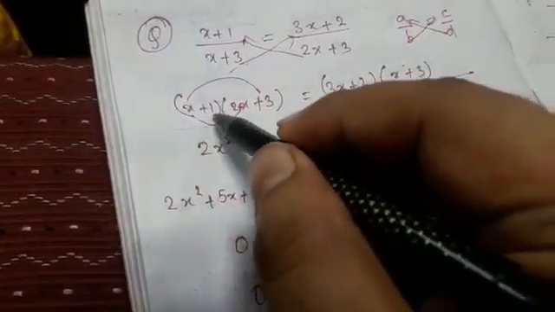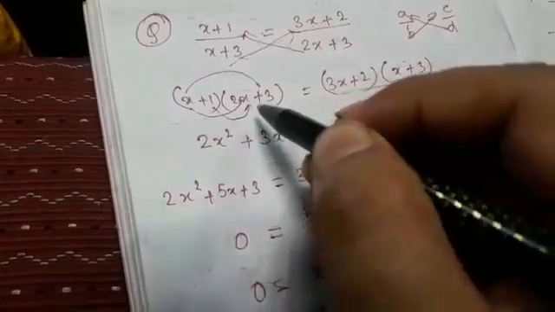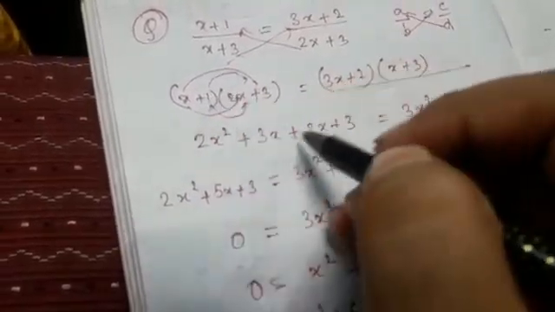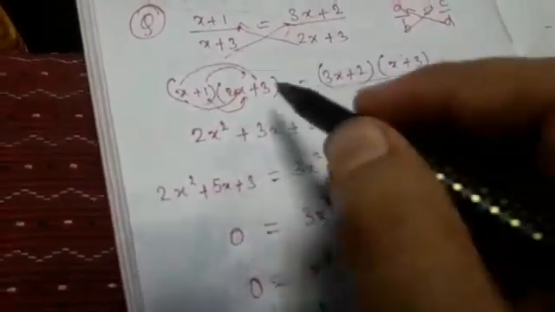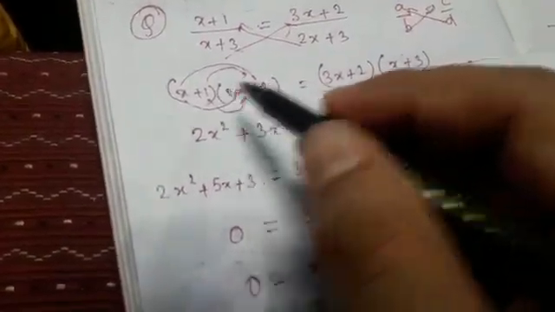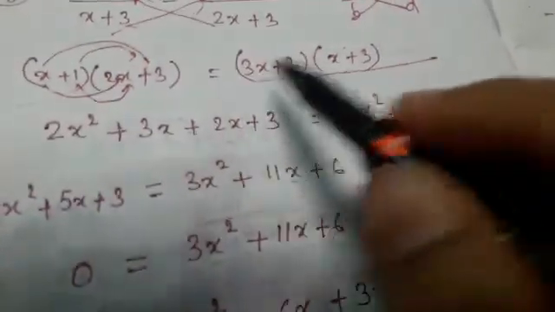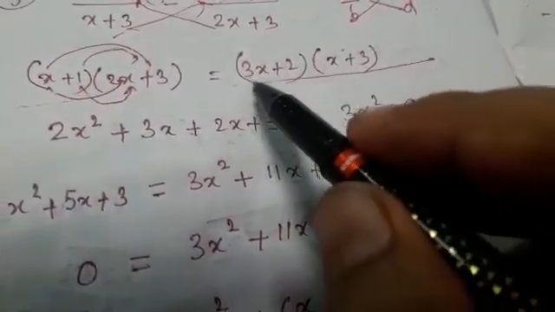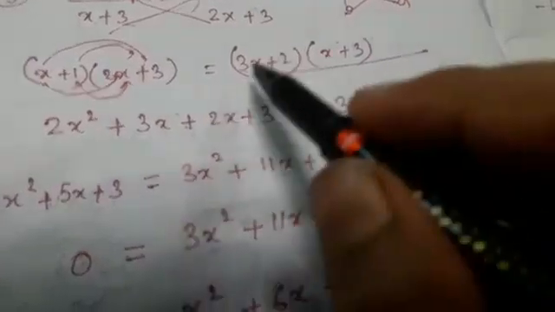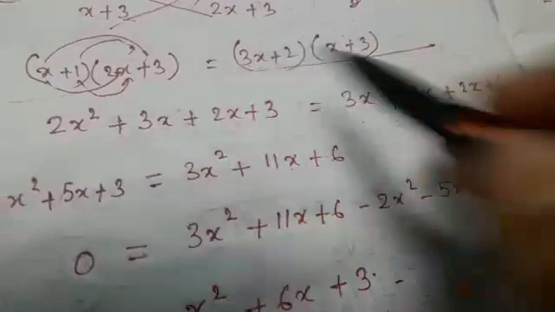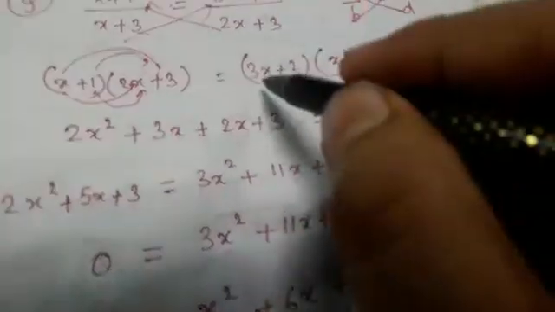Now do the same thing with 1. So you multiply this 1 with 2x, again this 1 with 3. So you will get plus plus plus, 2x into 1 is 2x, and again plus, 3 into 1 is 3. So like this, do the same thing on the right hand side. Say plus plus plus, 3x into x will give you 3x square. Again plus plus plus, 3 into 3, that is 9x, right?